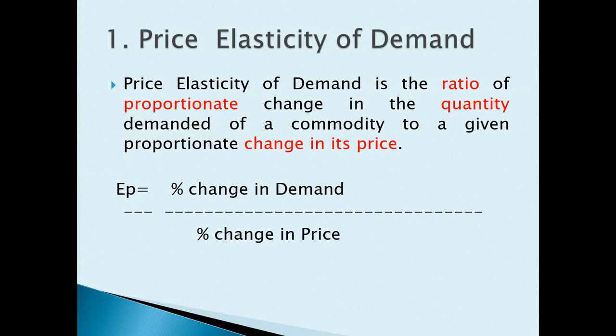For example, change in demand is equal to 4 and change in price is equal to 8. So 4 divided by 8 is equal to 0.5 आएगा, means it is less than 1. इसका मतलब प्राइस ज्यादा वेरी होने से डिमांड में वेरिएशंस कम एज कंपेयर टू प्राइस। अगर ऐसा हुआ, change in demand is equal to 8 and change in price is equal to 2, so 8 divided by 2 is equal to 4. Means EP is equal to 4, which is greater than 1. इसका मतलब प्राइस में लिटिल बिट चेंज करने से डिमांड बहुत ज्यादा प्रोपोर्शन से चेंज हो रहा है।